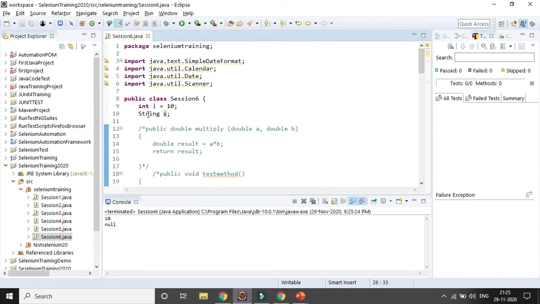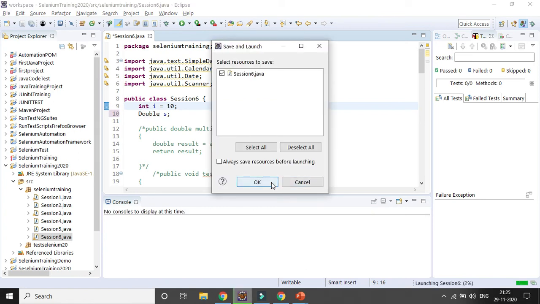Similarly, if it is a double or float, the default value will be... okay, let's change it to double. What is the default value for double? The default value is 0.0.